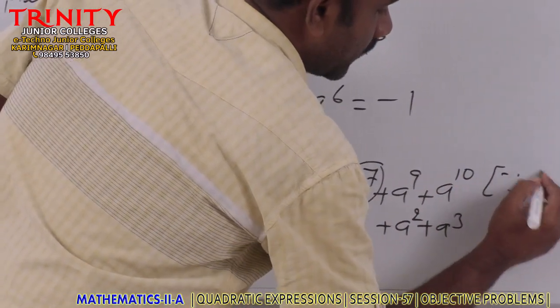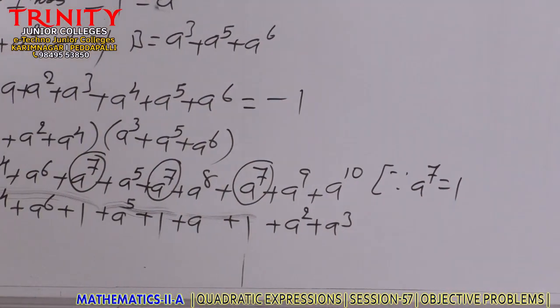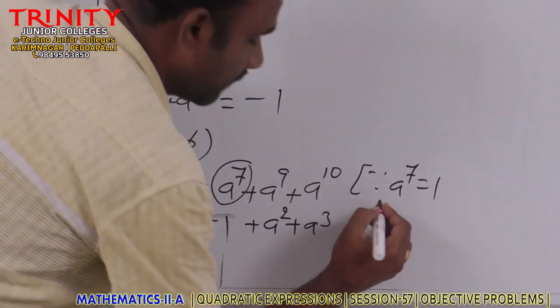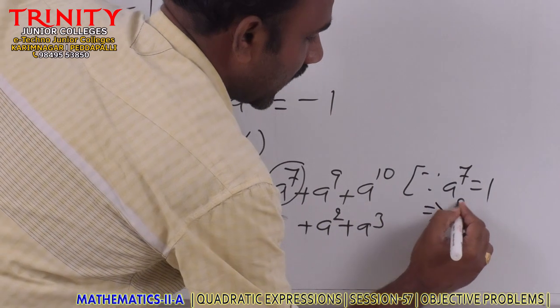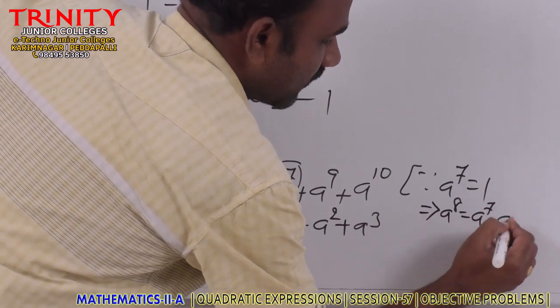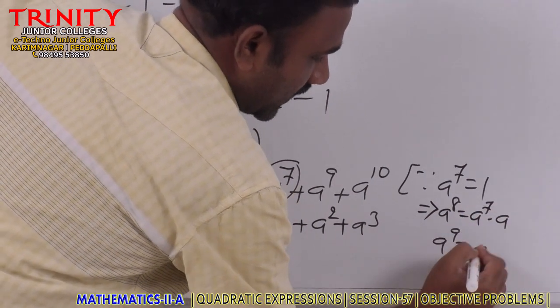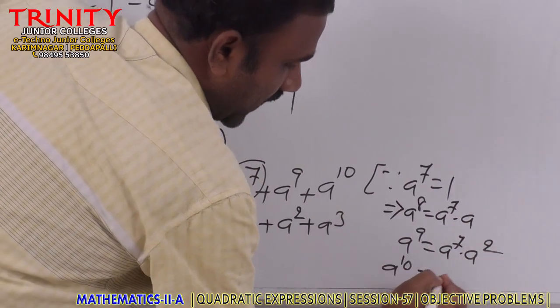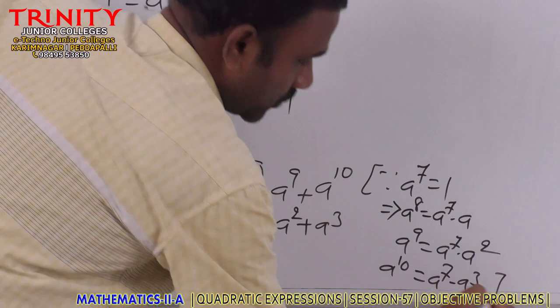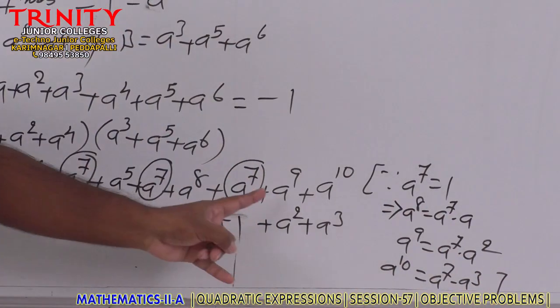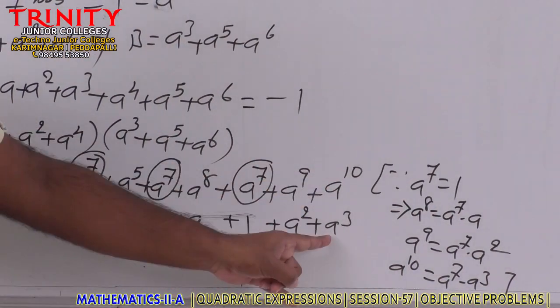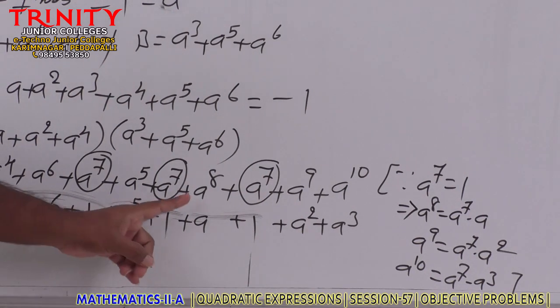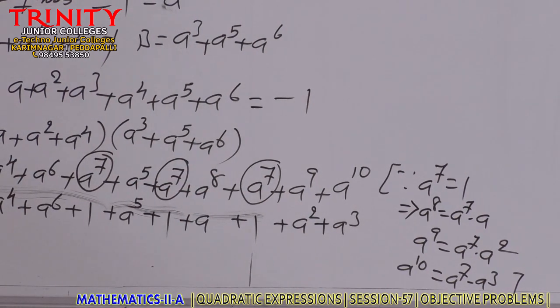Since a^7 is equal to 1, product of the nth roots, a^7 is equal to 1. Then we will get a^8 as a^7 into a, a^9 as a^7 into a square, a^10 as a^7 into a cube. This is the reason why we write a^9 as a square, a^10 as a cube, and a^8 as a. Now,